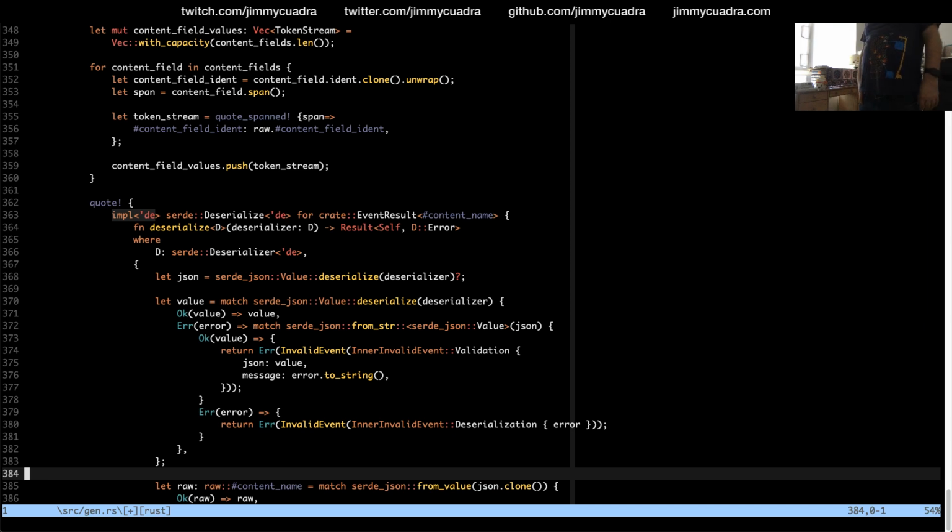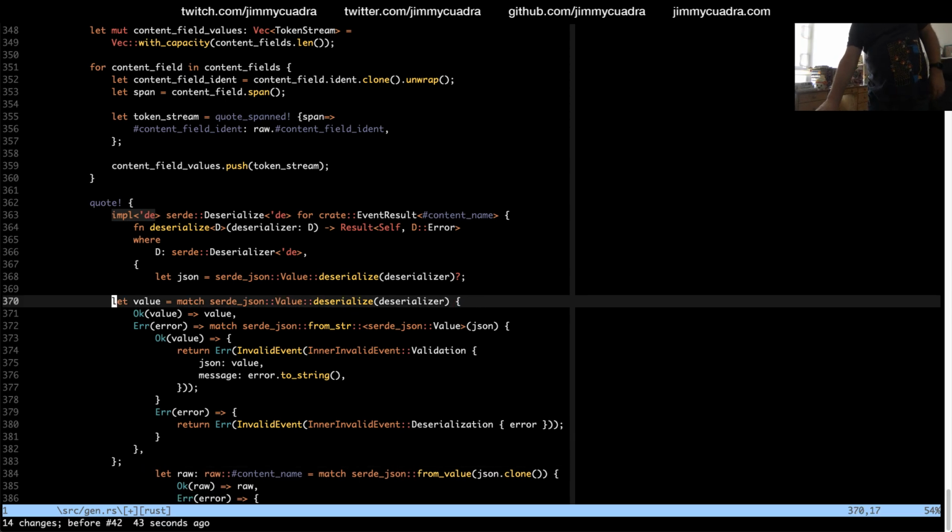The fact that there was just a question mark being used there means that if the value fails to deserialize... Oh no, I guess that is right. If we can't even deserialize to a JSON value, then... yeah, okay, sorry, that was right.